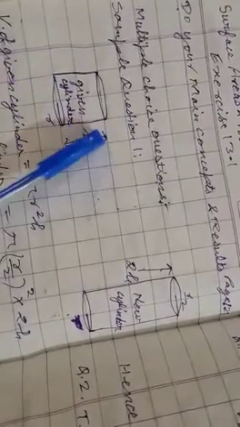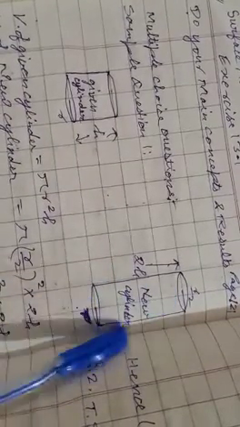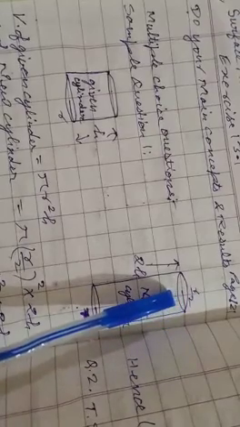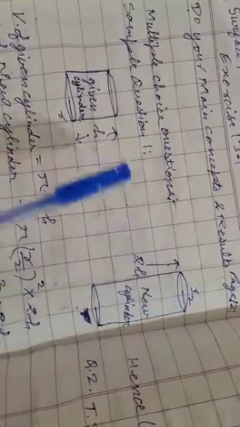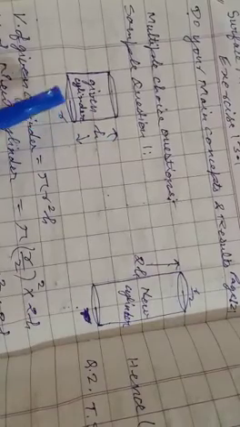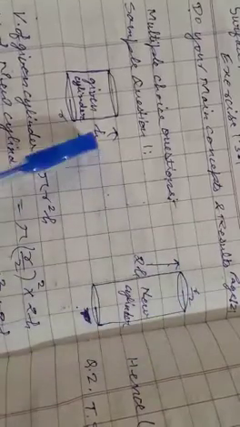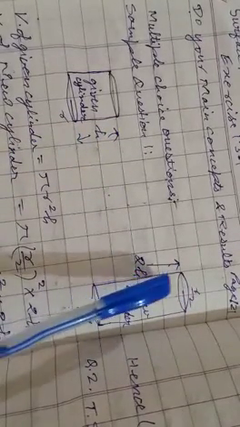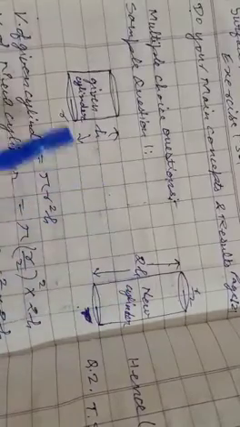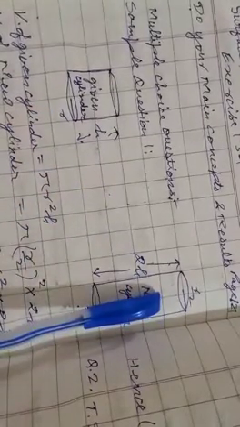According to your given condition, this is your cylinder, height is h, radius is r. According to your question, in the new cylinder the radius is half, so we write r upon 2. Height of the new cylinder is double, so we write 2h. Double of h is 2h, half of r is r upon 2.